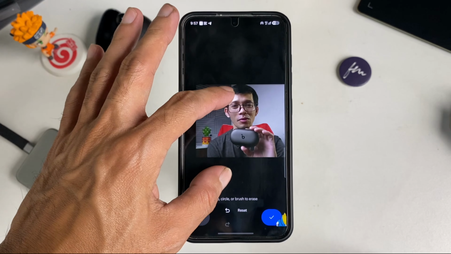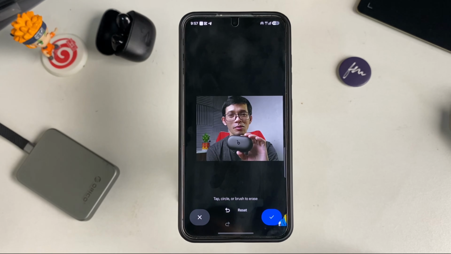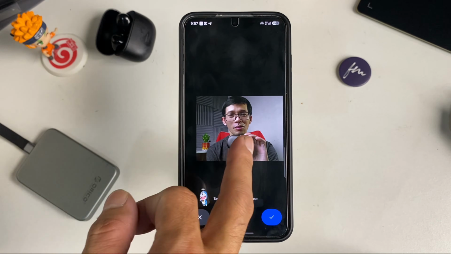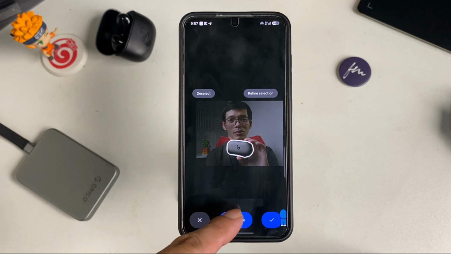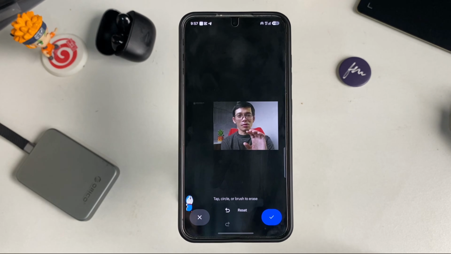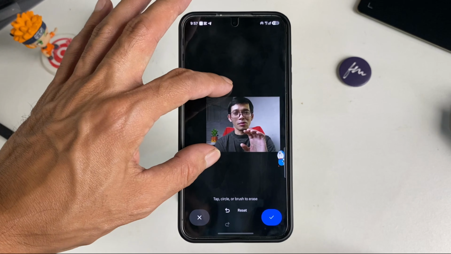Well, let's try again. Now, let me erase the object that I'm holding. So just brush the object just like this. After that, click erase. And there you go guys, that's how simple it is to remove an object from any